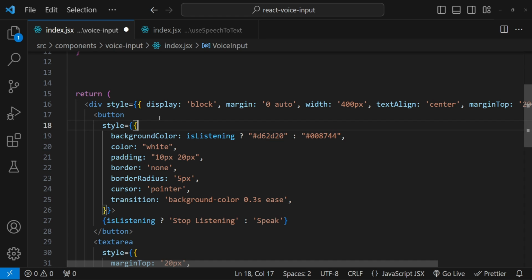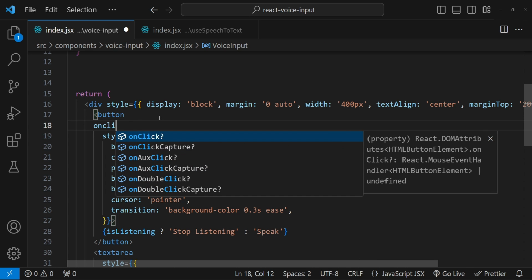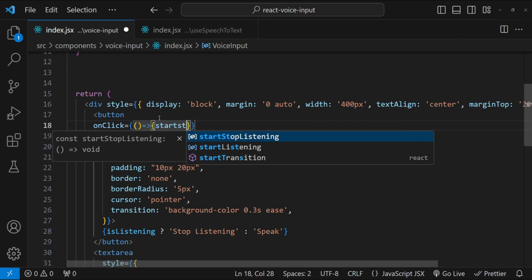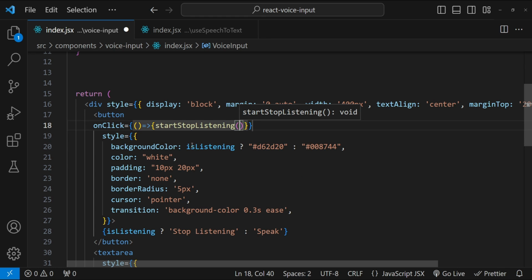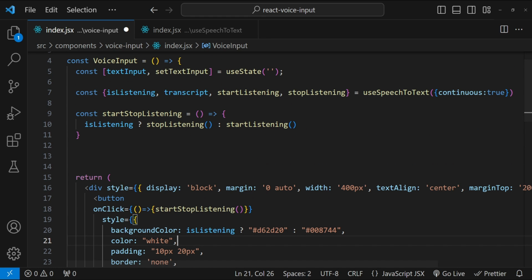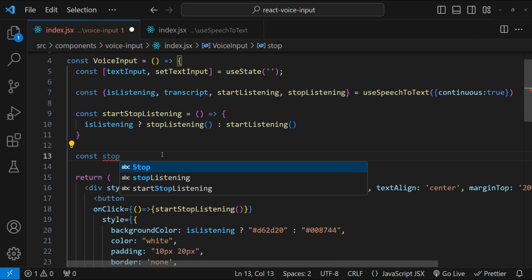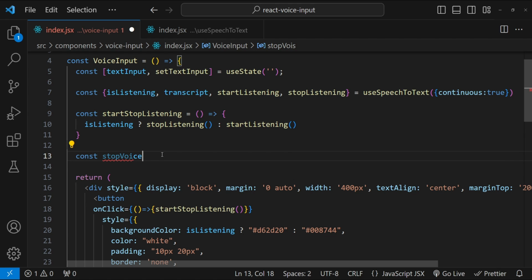And yep, now we also have to add the click event of the button. When the button is clicked, we have to call the stop listening function. But we have to do one more thing. When we stop the voice input, we will have to update the text input by appending the transcript as well, right? So for that, I'm going to create a new function with the name stopVoiceInput,